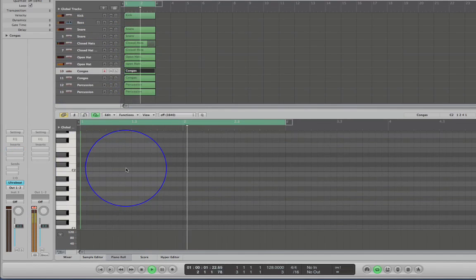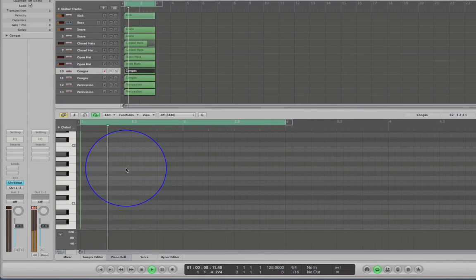There's some congas in here. Some genres I was listening to for minimal and tech were all using some congas. So I think what we'll do is we'll drop some of them in. Again, we're going to have to come up with a rhythm for this. What we'll do is